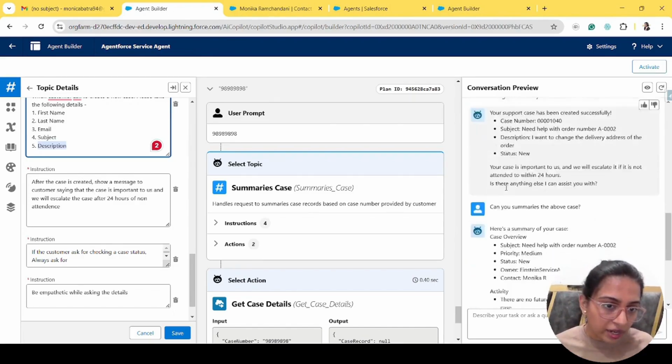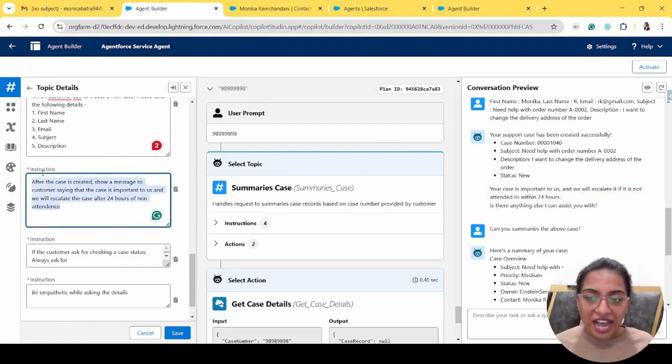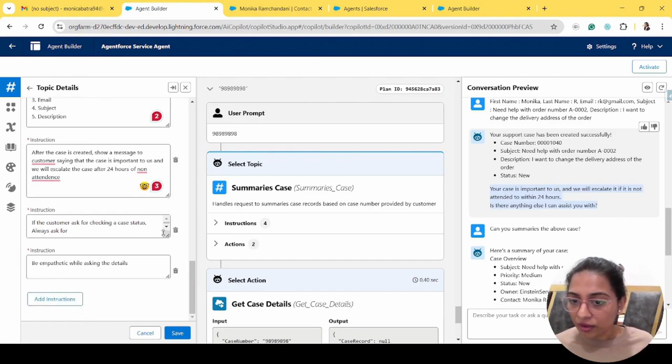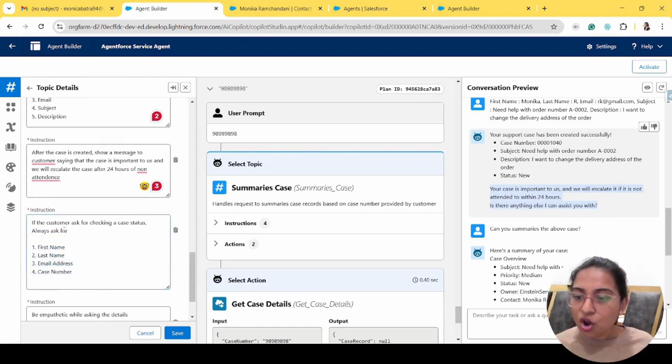You see here, when our case was created, it shows a message. This is not coding. This is not a flow. This is not a prompt. This is just a simple instruction I have added here, and it is showing a message here after a case has been created. Okay. Now, another instruction was, if the customer asks for checking a case status, always ask for